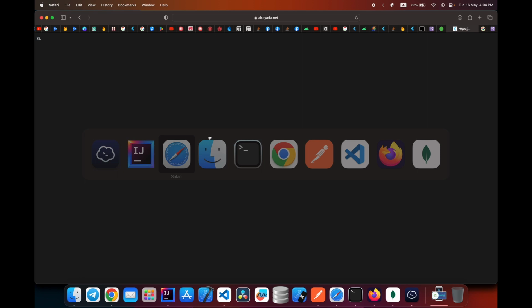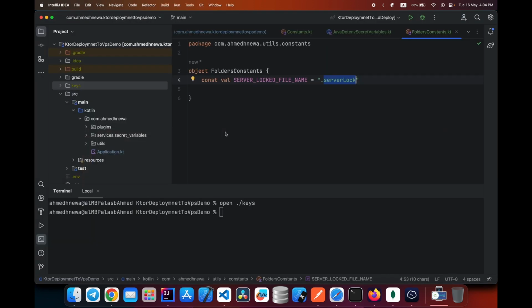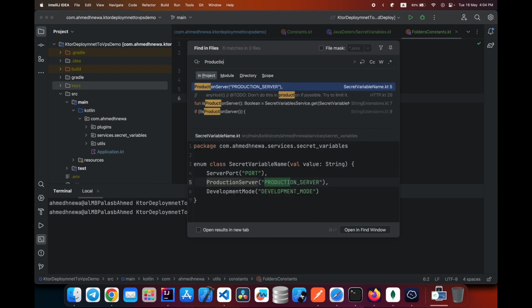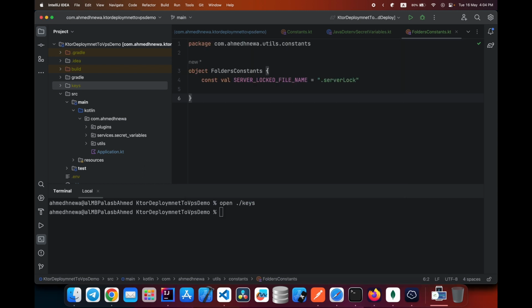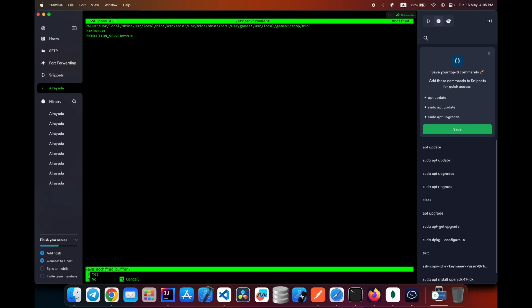We also need to specify when we are in production server. So if I just go here under production server, copy this and paste it as true,